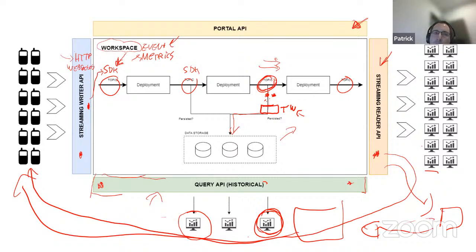It's something that as a user, you can use if you want as well. It will allow you to create topics or create a new deployment, start and stop deployment, or persist this data. Everything related to all this infrastructure that you see with the arrows and the boxes, the Portal API allows you to operate.